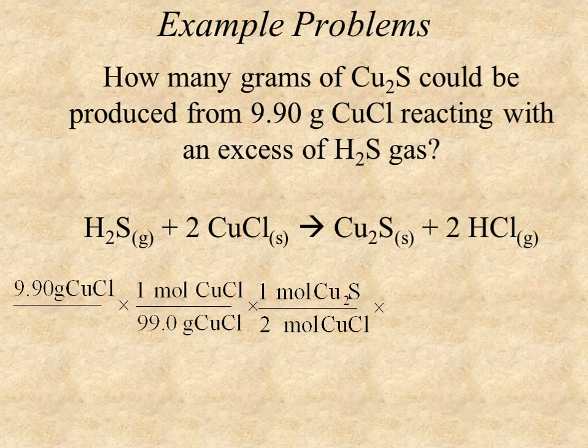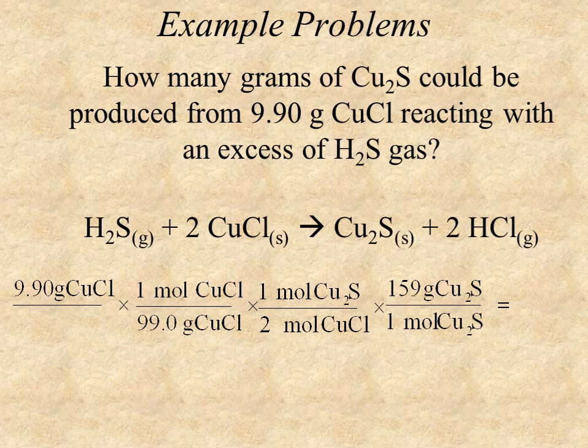Moles of the copper 1 chloride starting material cancel out. And now we're at moles of final material. Final step is to convert to grams of final material utilizing the molar mass of copper 1 sulfide. And again, using the periodic table, we should calculate 159 grams with proper sig figs. And now that we're in the units for the substance that we are asked to find, we're ready to